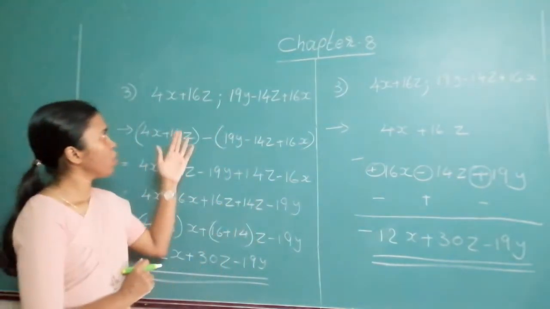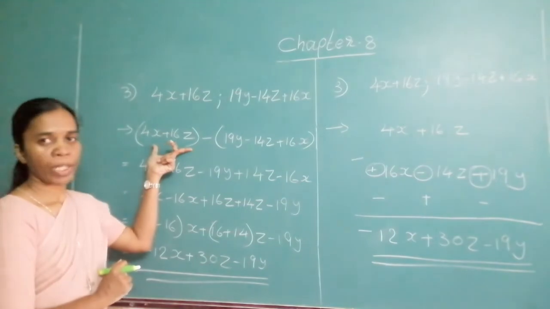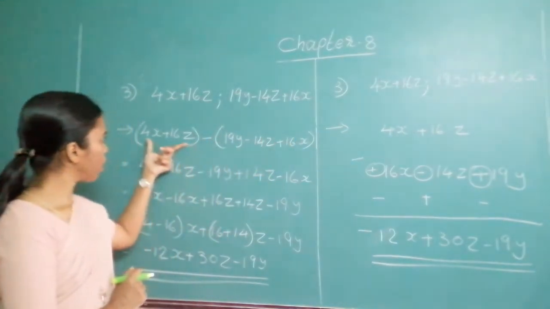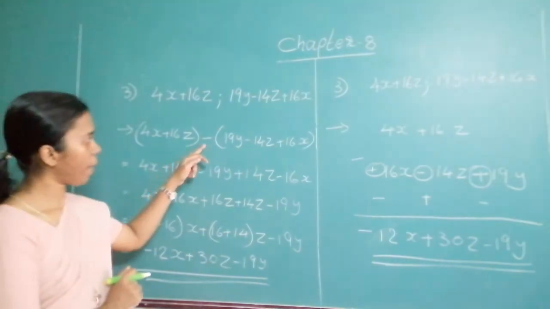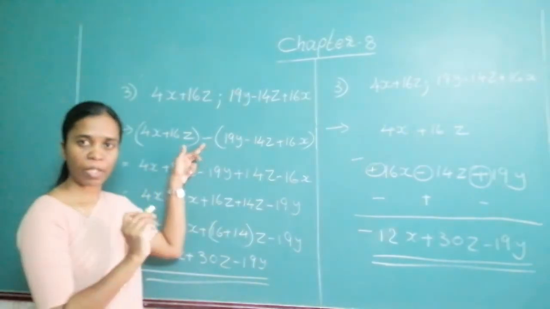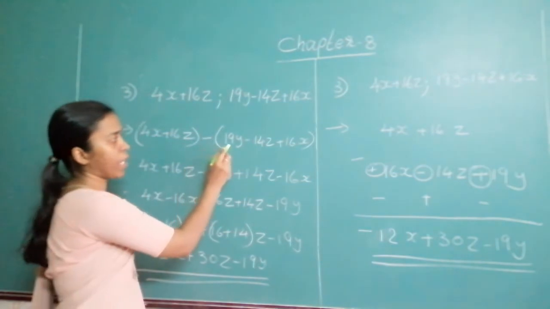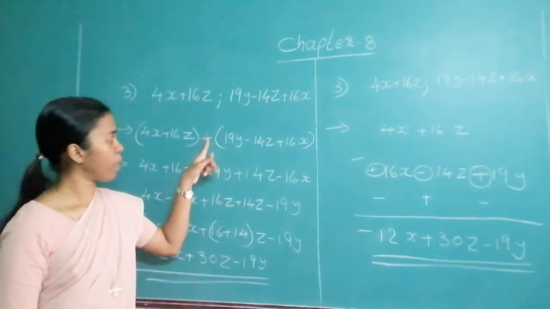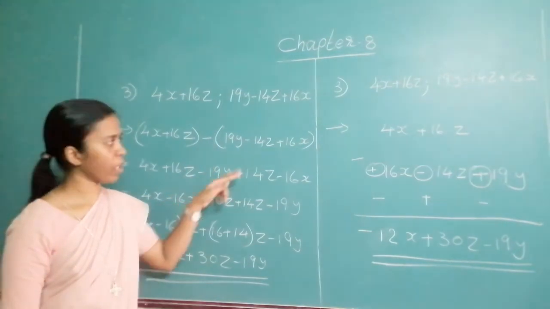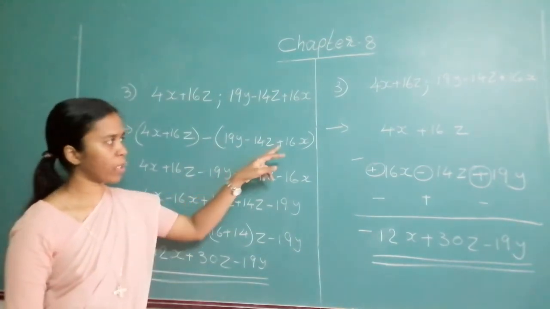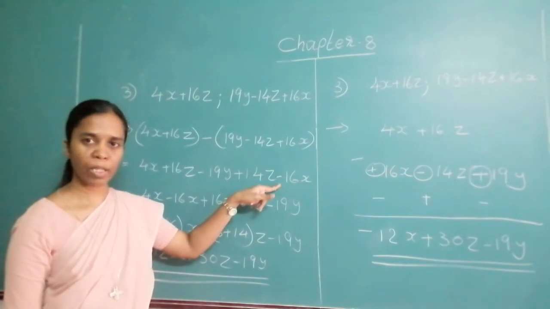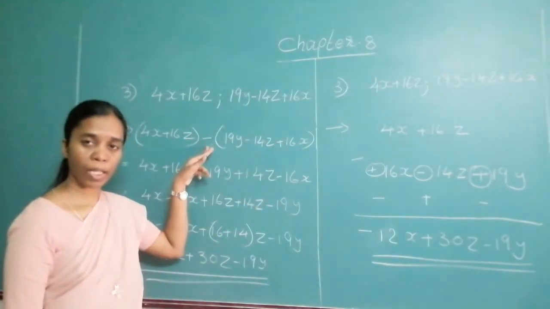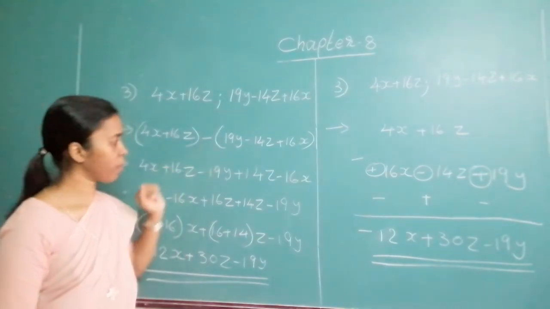Okay. First you write the binomial minus trinomial. Binomial written as it is. Now we are opening the bracket. When you open the bracket, sign changes throughout. 19y is plus sign, multiplied with minus you get minus 19y. This is minus, so it will become plus. This is plus, it becomes minus. Why? Because you are multiplying this sign with the negative sign outside the bracket.